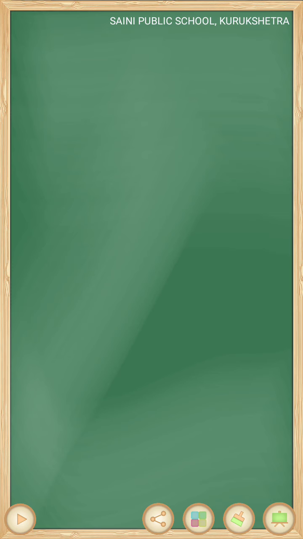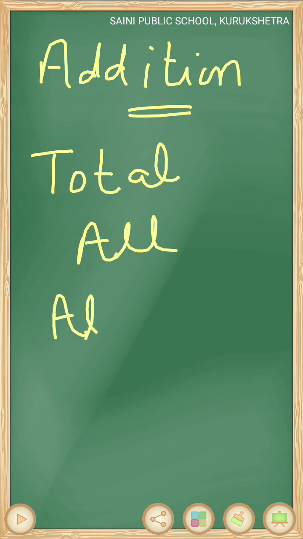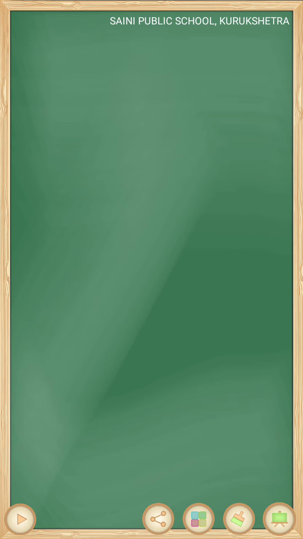First of all, we have to learn how to understand a word problem. So let us start with some addition problems. Here are some keywords like total, all, altogether. These are keywords which tell us whether the problem is related to addition. By these words we can easily understand that the question is all about addition, that is, we have to perform addition. So if it is asked to find the total value or altogether, then we have to do addition. Let us discuss with the help of some examples.